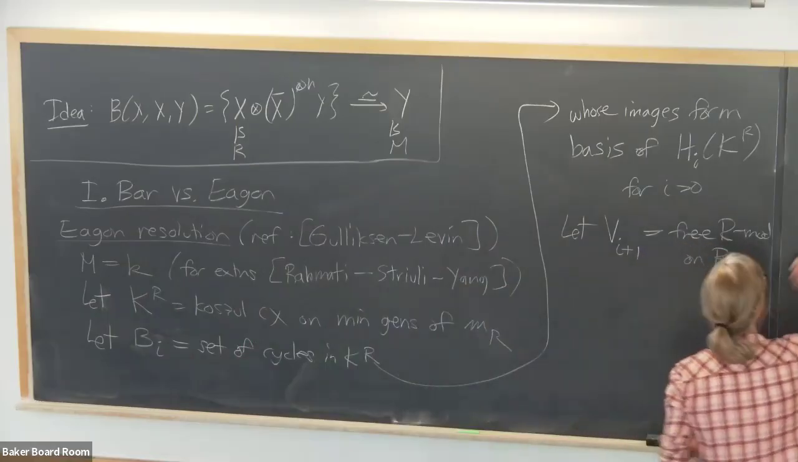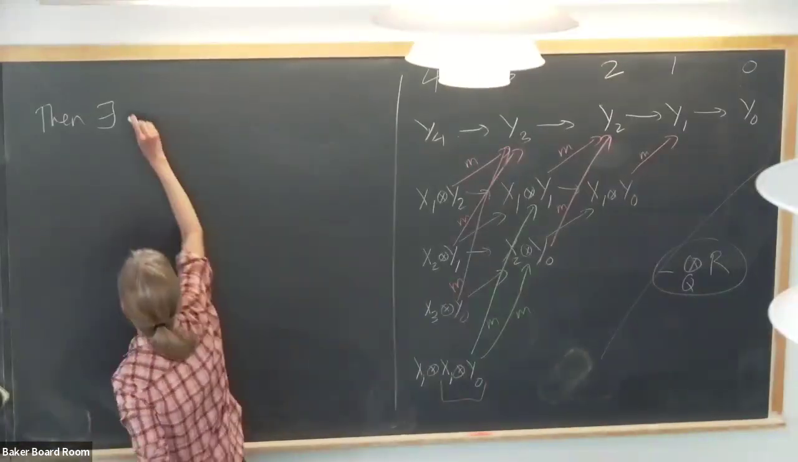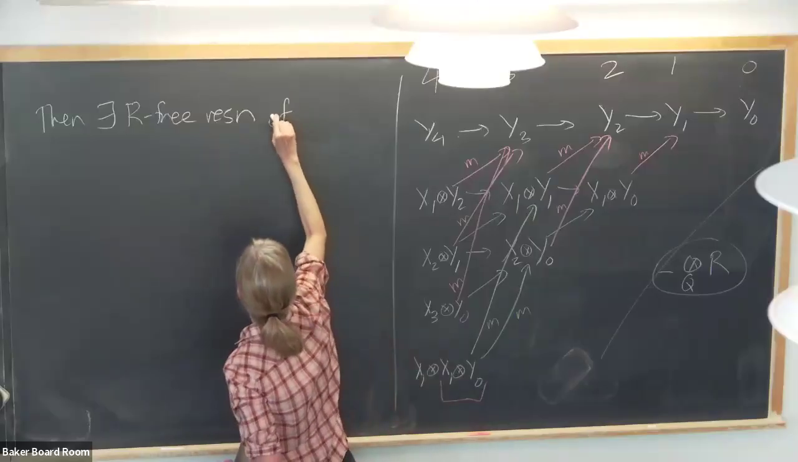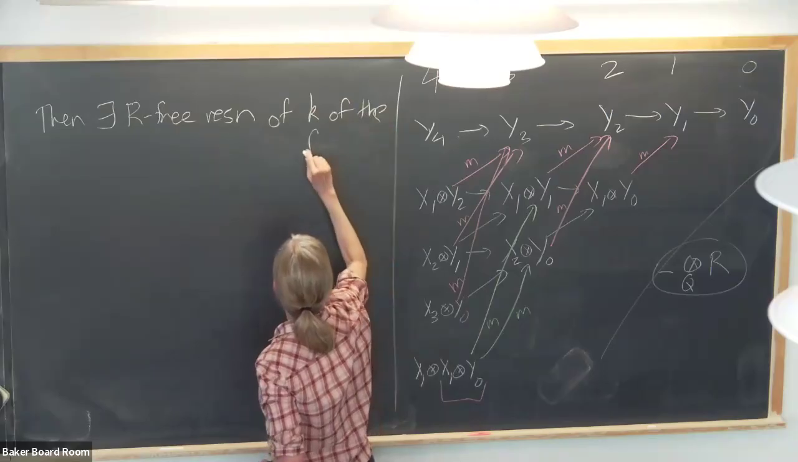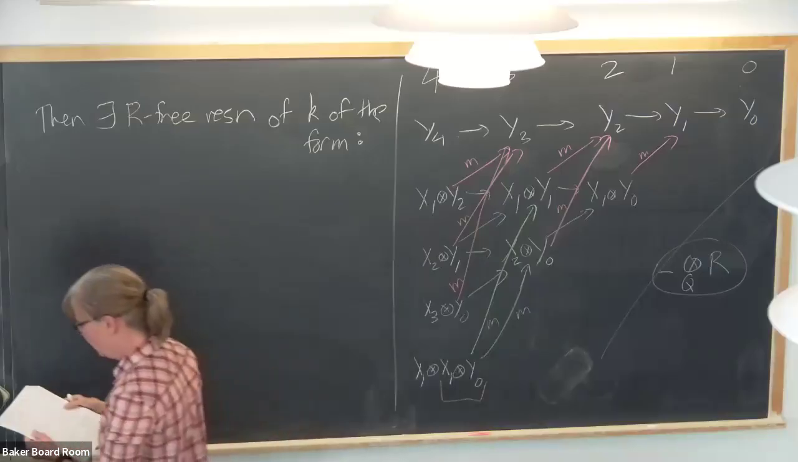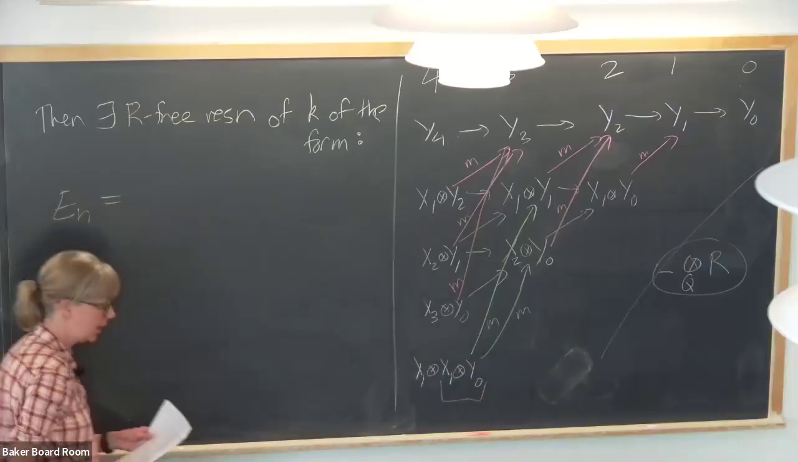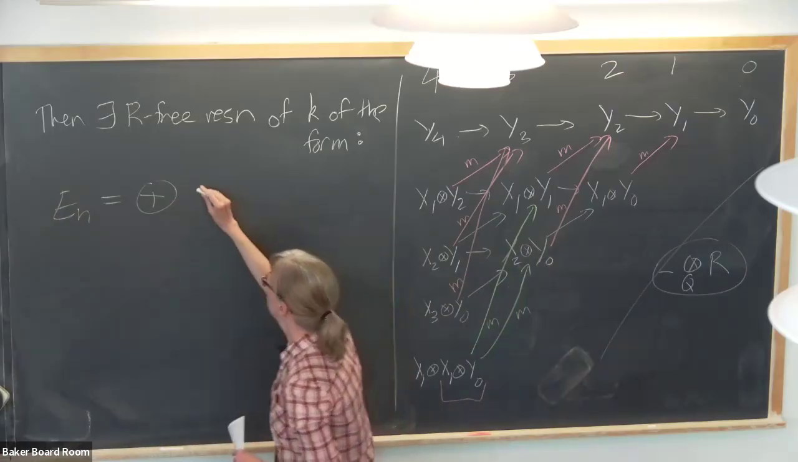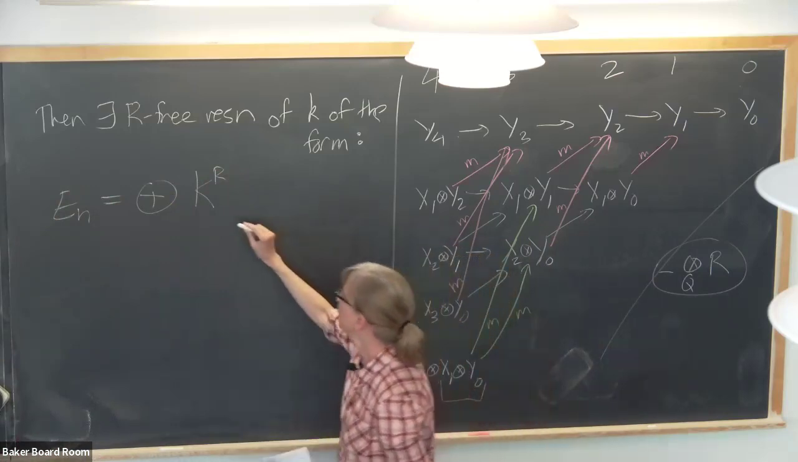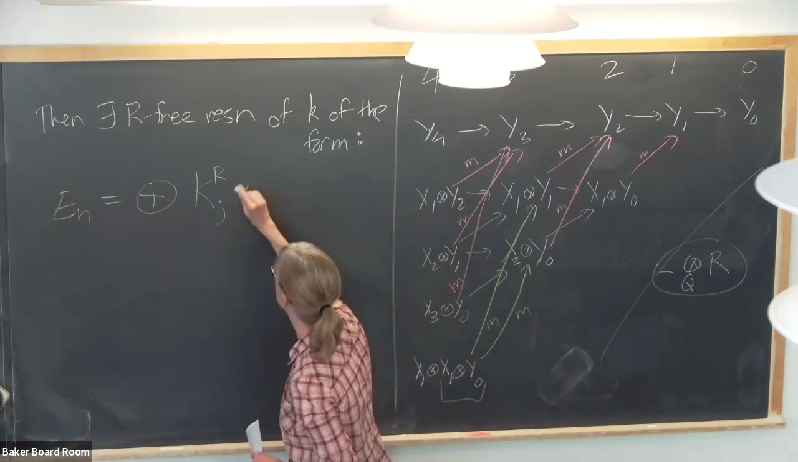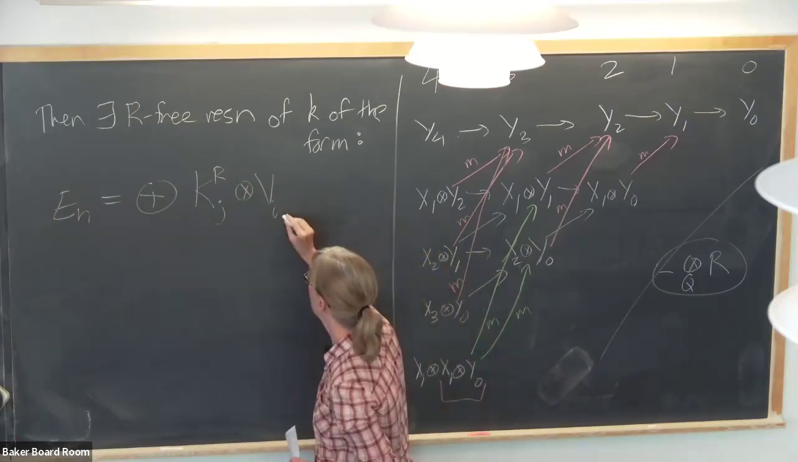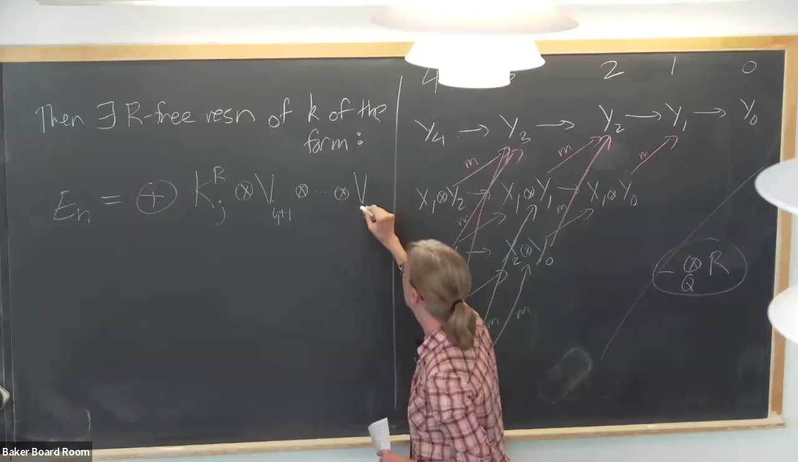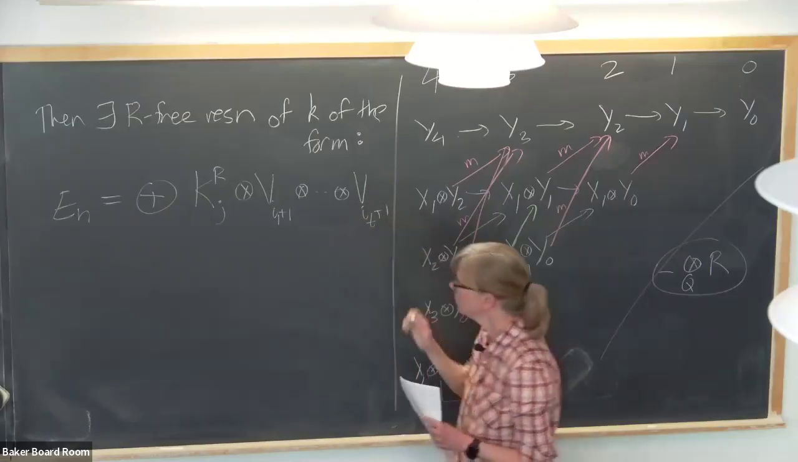Okay. Then there exists an R-free resolution of K of the form where the individual things, E stands for Eagon, look like direct sums of this Koszul complex on R, say in degree j, tensored with these Koszul homologies bumped up, so V_{i_1+1} tensor through V_{i_t+1}. So things like this,